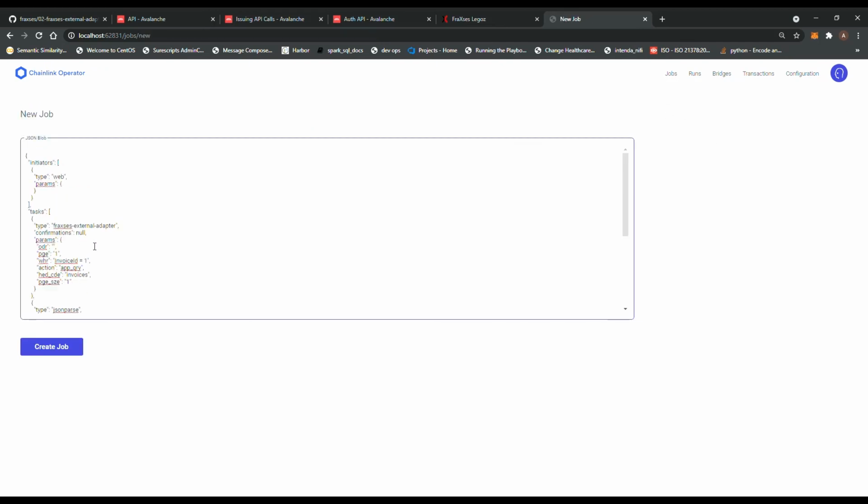logs, and that's how you will know that you have completed the circuit and you've sent an API request through the external adapter into Fraxis. Fraxis has responded with a result set, and then that result set will reside in the Chainlink node operator logs. From there, you can pass that into a smart contract or